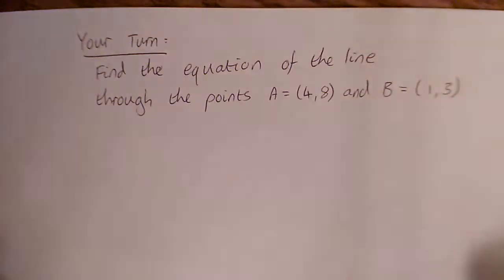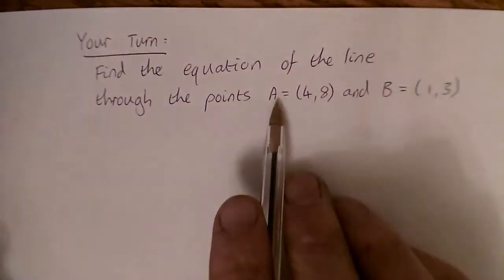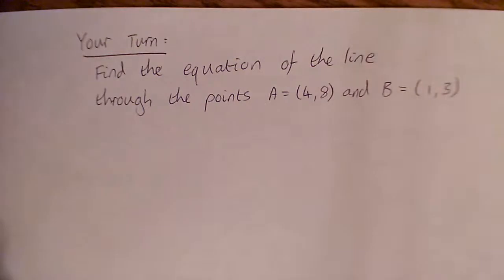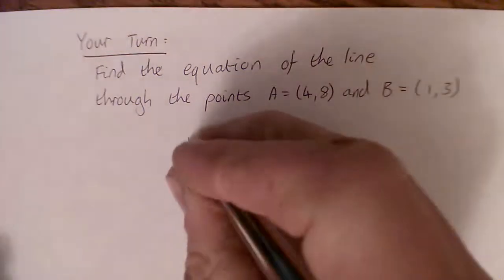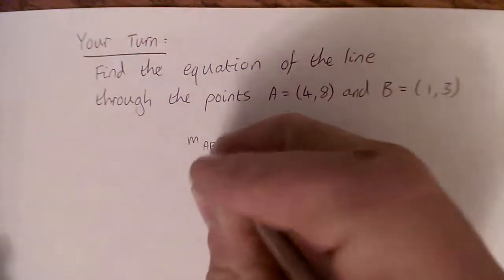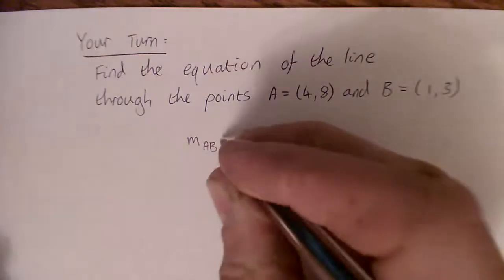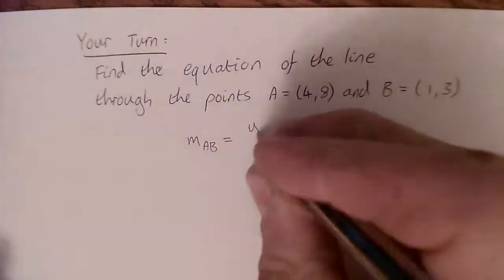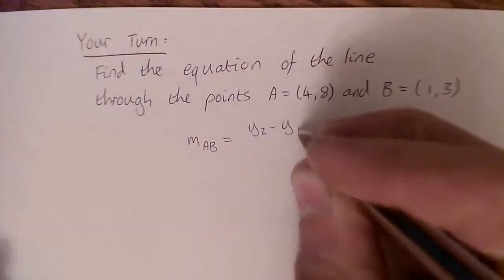Okay, so let's run through that your turn. I've actually rewritten this with my points labeled A and B. I meant to do that. Apologies for that. The gradient MAB, that's the gradient between the points A and B, is y2 minus y1 over